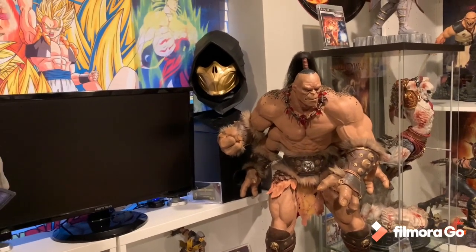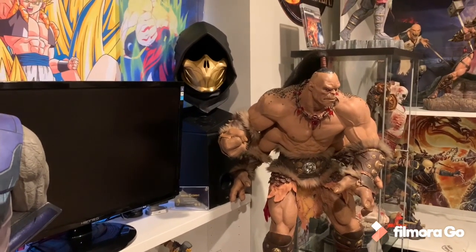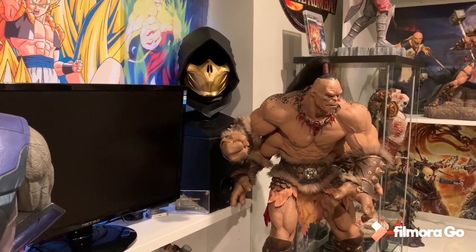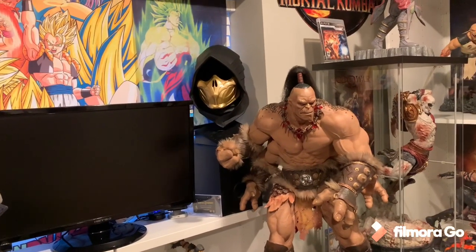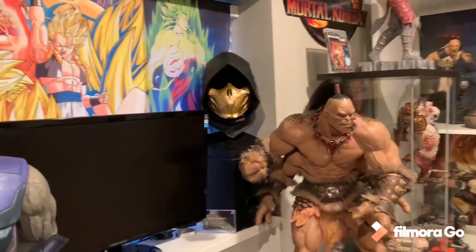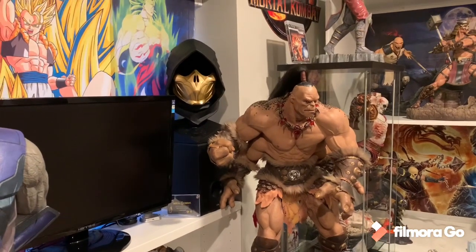So PCS in general, I feel, always tries to cut corners, especially on their later stuff. Some of the older stuff, I feel they did a great job, but some of the newer stuff they come out with, they really cut corners. But Goro overall is an absolute grail for me, even with its flaws, the sheer presence of it at 35 inches tall. The pose is pretty good